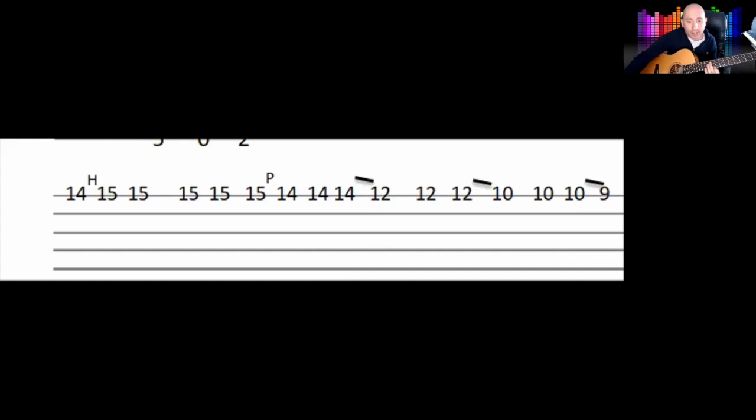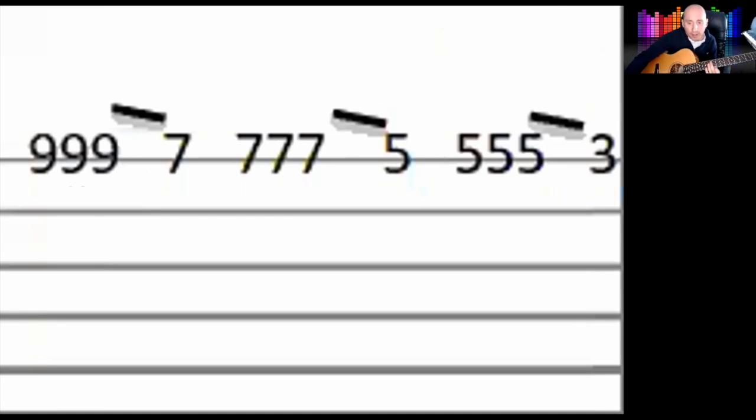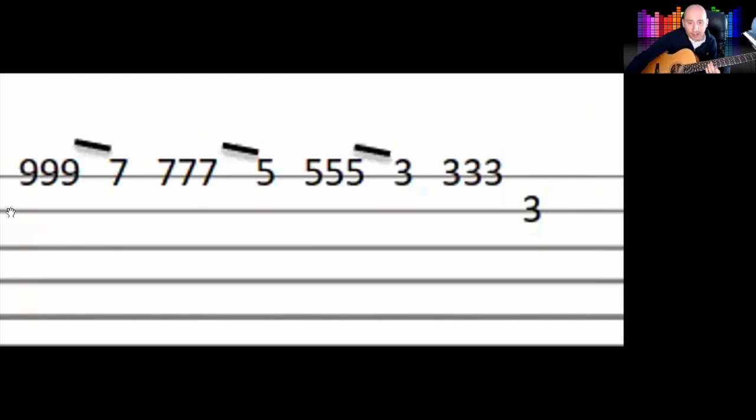And then it does this sort of same movement, but it just gets a little bit quicker. It hits the 9 like 3 times there, and then the 7 3 times, and the 5 3 times, and then the 3 3 times, and then you end on the 3 above it. So from here,